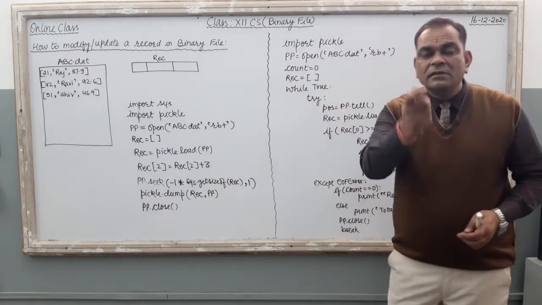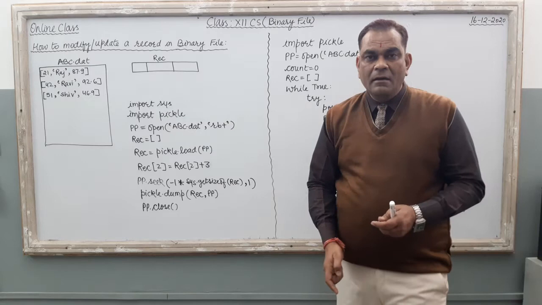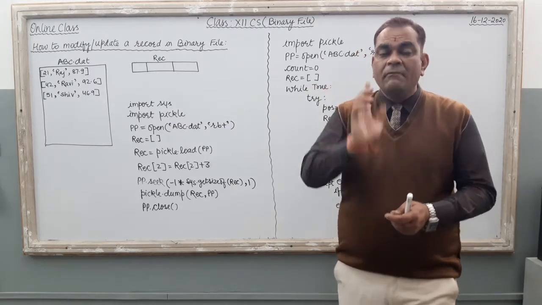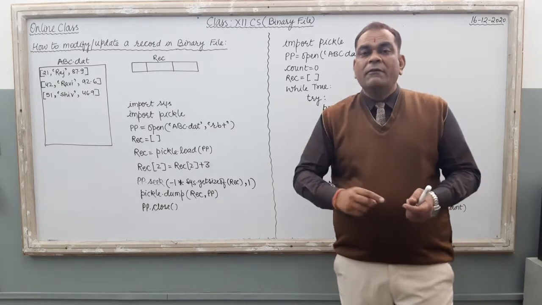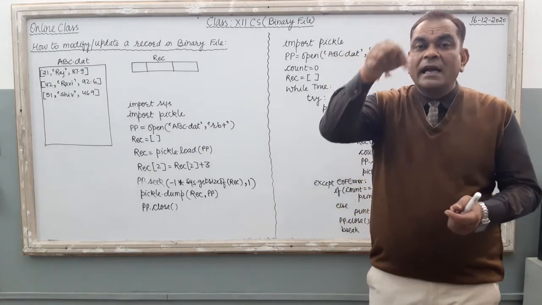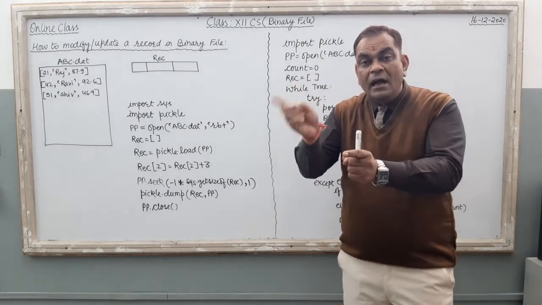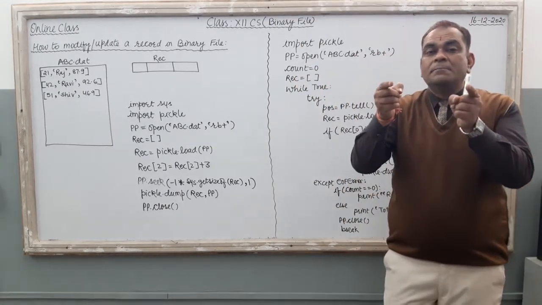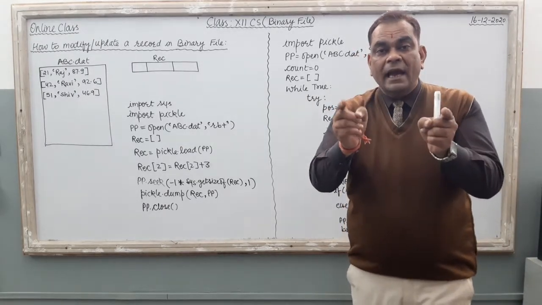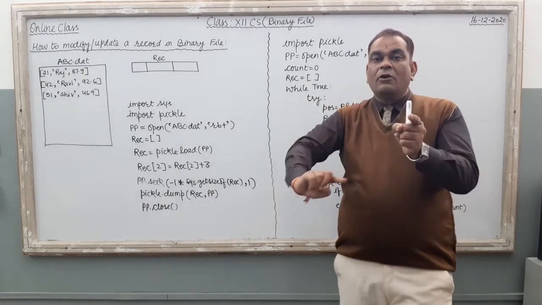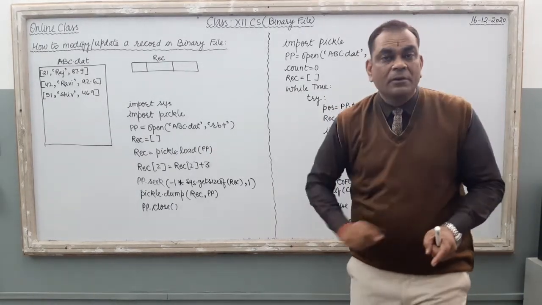Now the very first thing, if you want to make any updation or modification in the same file, it means you have to open the file in read as well as write mode. Right? Very first you have to read the file data, then you have to select the specific record in which you want to make any change, and then rewrite the record on the same position in the binary file. This is our process, students.